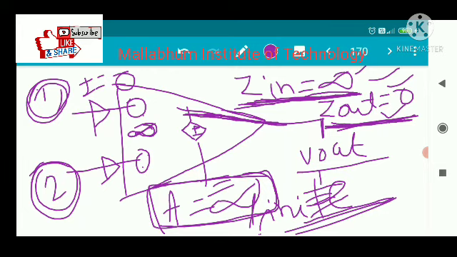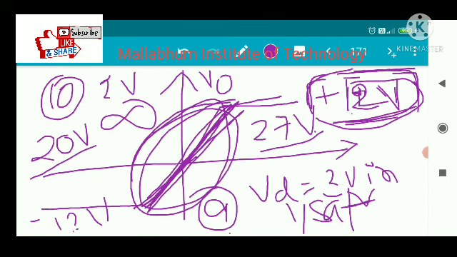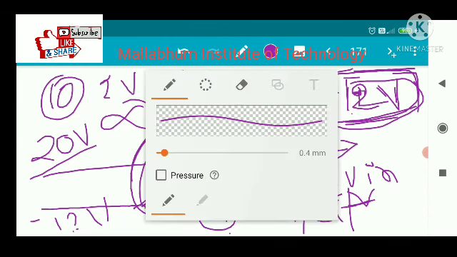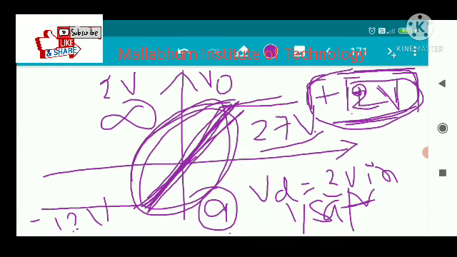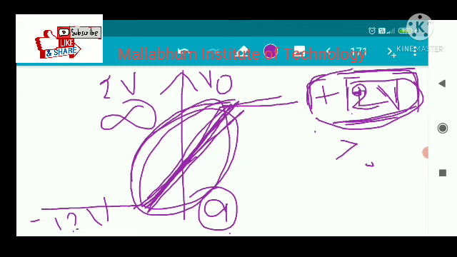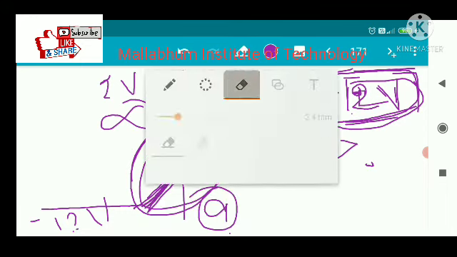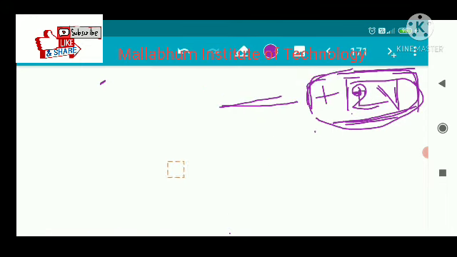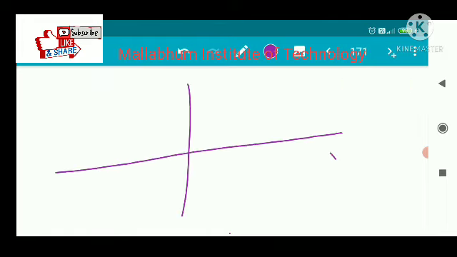Okay, and the transfer characteristics are also important. What do you mean by the transfer characteristics? This is the transfer characteristics. Now I'm just removing this. In the transfer characteristics, you can see the plot is between, I'm removing all this. Transfer characteristics is a plot between the output and the input of any device or any circuit. So this is the input of the op-amp, this is the output of the op-amp.